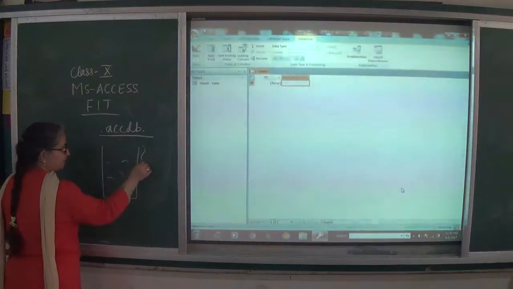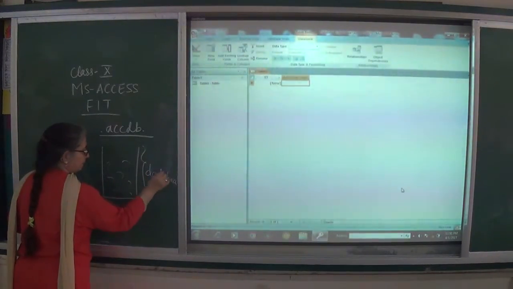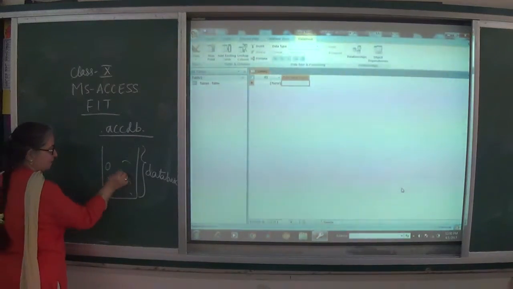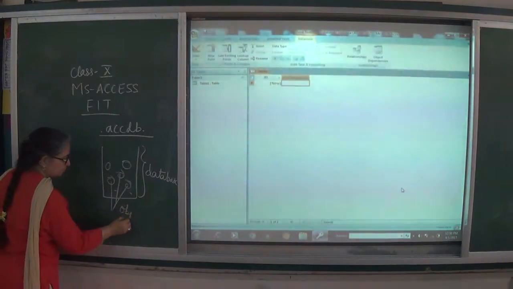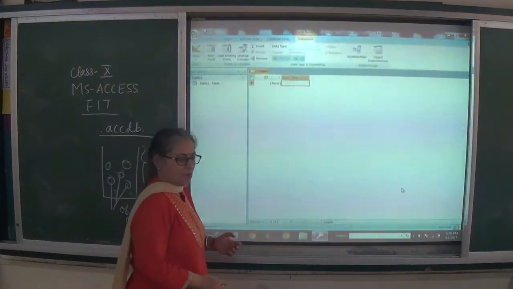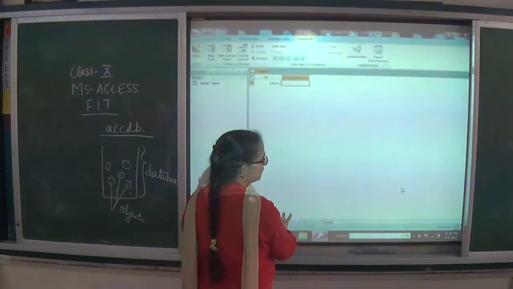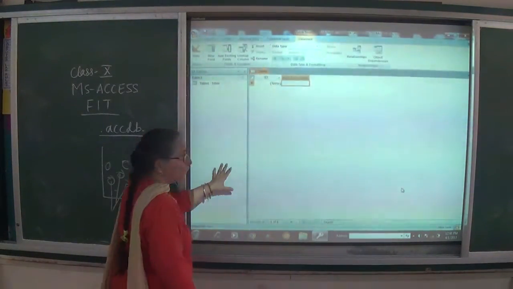So this is your database, and different kinds of chocolates would be your objects. Now here, this is the box of chocolates. The chocolates are displayed over here.